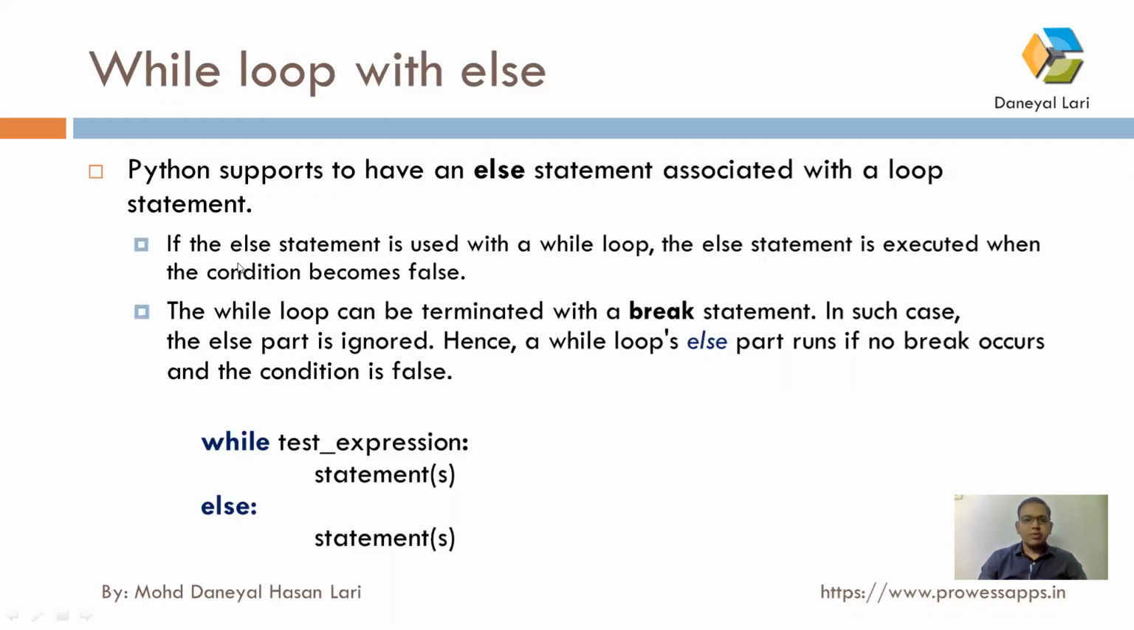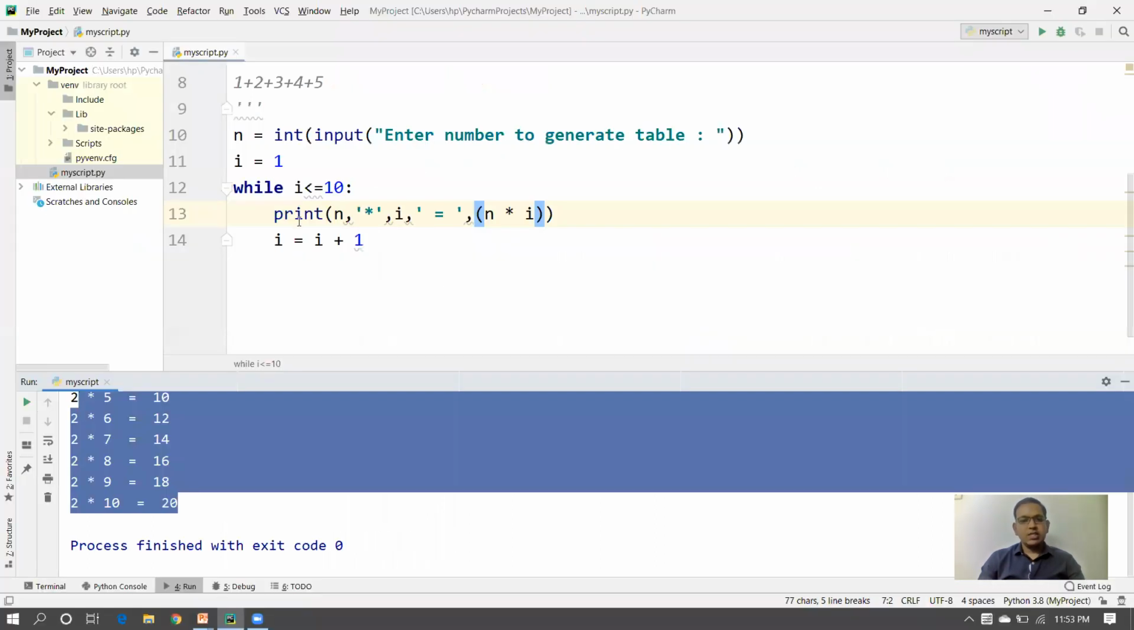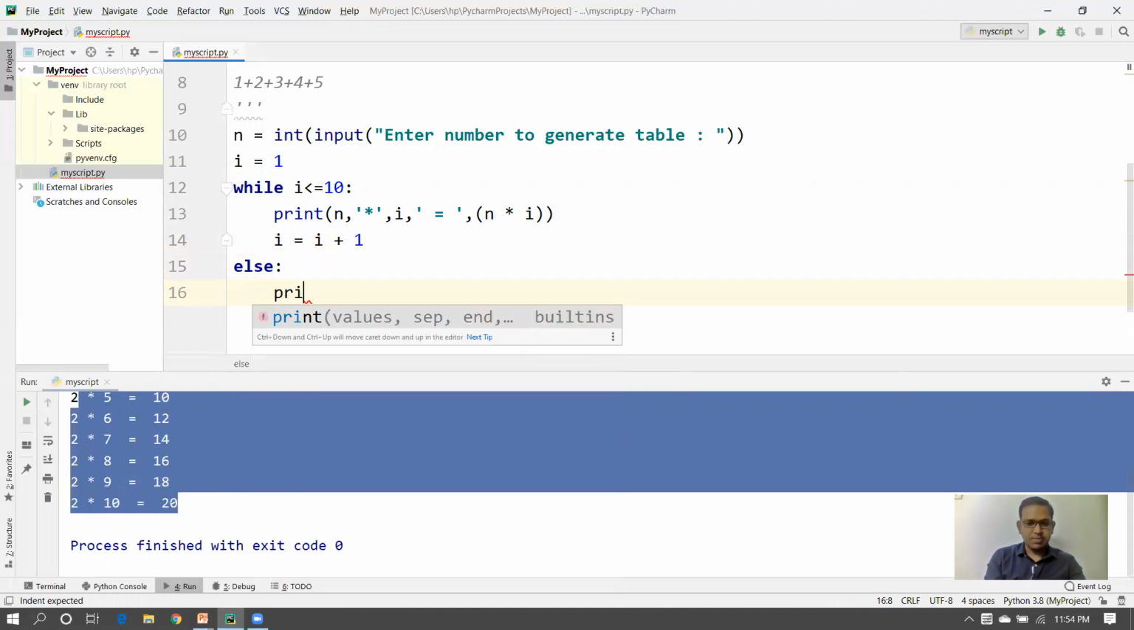What will happen if you write else in your loop? If the else statement is used with a while loop, the else statement is executed when the condition becomes false. So when this condition becomes false, the else part will execute. In syntax, else is part of while, but it is optional; if you want to use it, you can use it. So I can print the value by